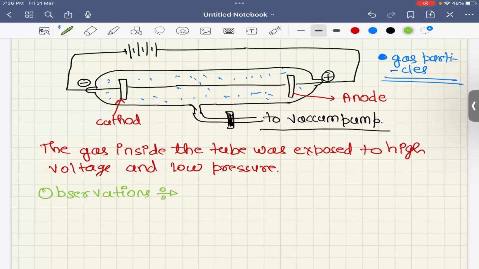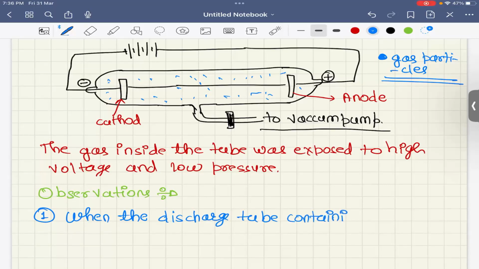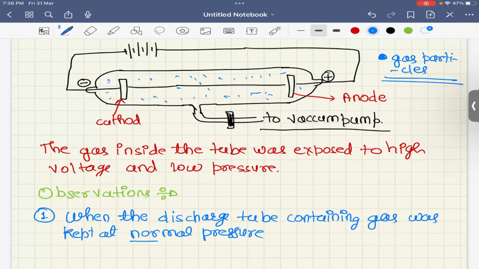Observations. So the first observation was that when the discharge tube containing gas was kept at normal pressure, that means pressure was not reduced, right? Normal pressure, nothing is observed